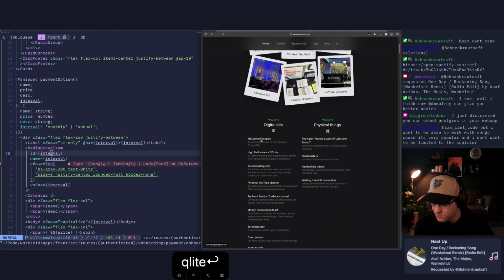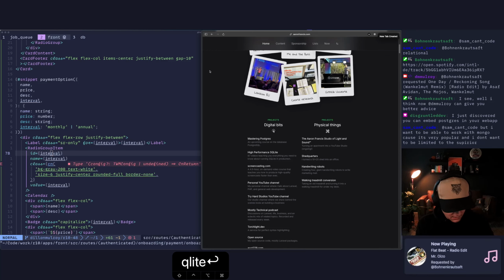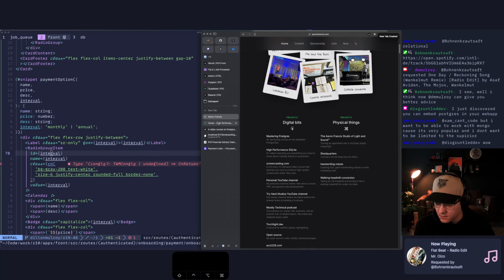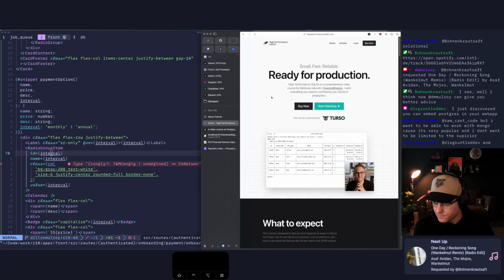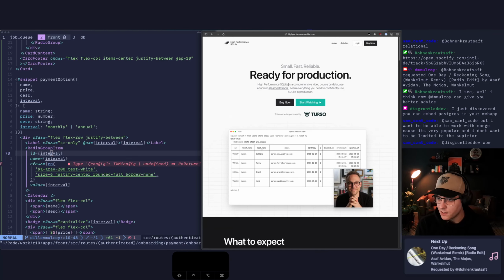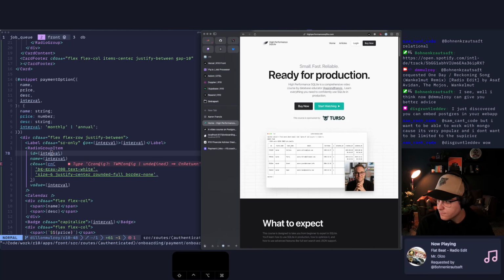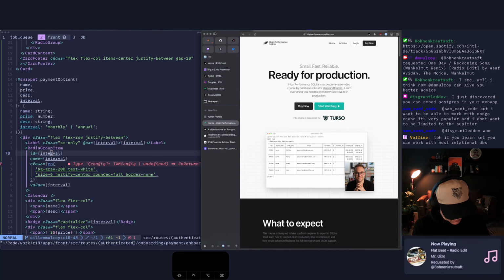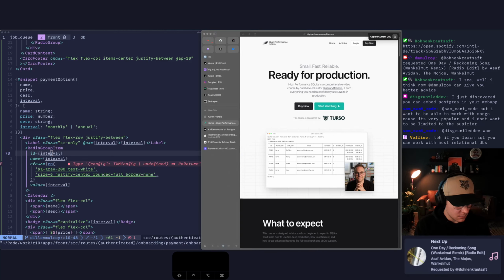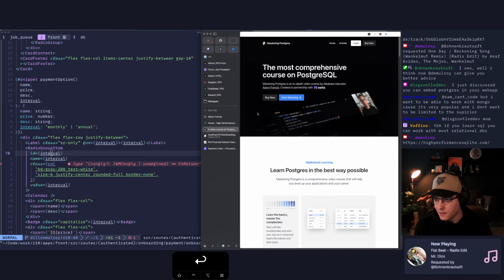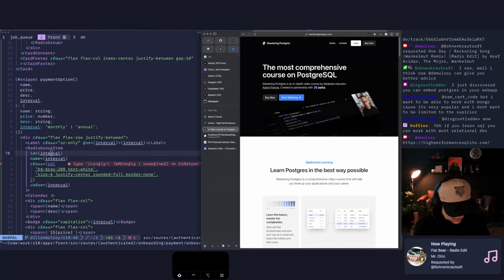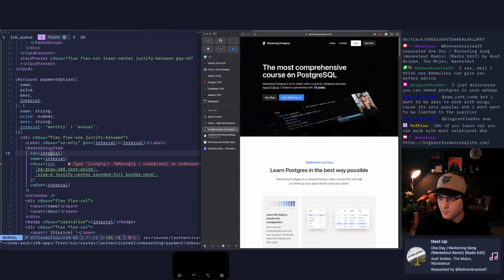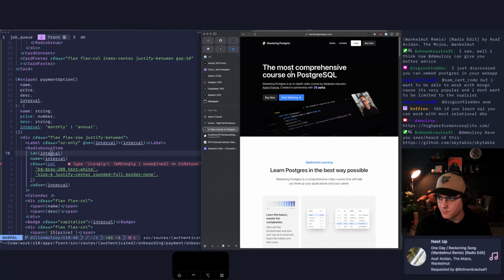Mastering Postgres, high performance SQLite. This guy is going to be amazing. High performance SQLite, and then mastering this. These are going to be the best courses you can get on